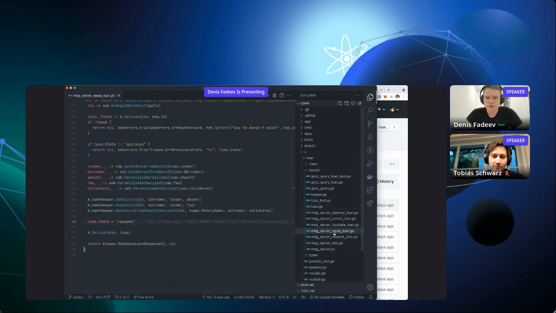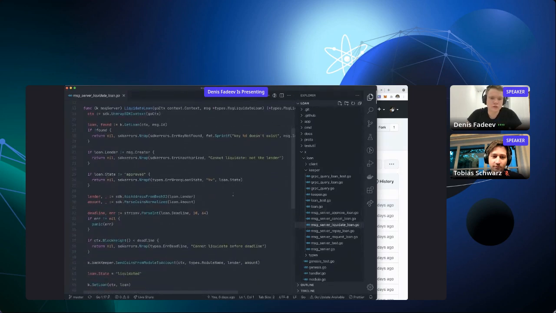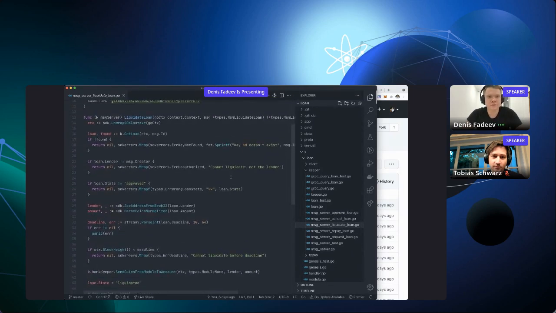So the next step is to liquidate the loan if it hasn't been repaid in time. And this is actually kind of interesting, right? If the loan hasn't been repaid in a timely manner, the lender is allowed to liquidate the loan, which is basically to get the collateral. And that's what we're implementing here, right? So what we need to check is that the loan lender is the same as the message